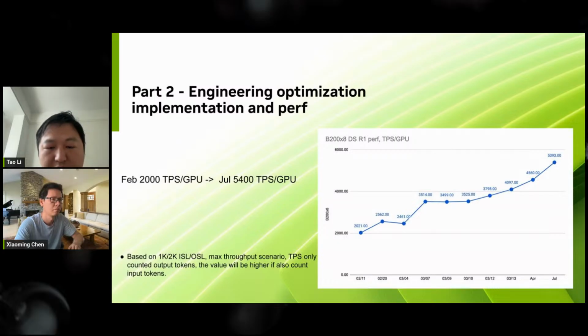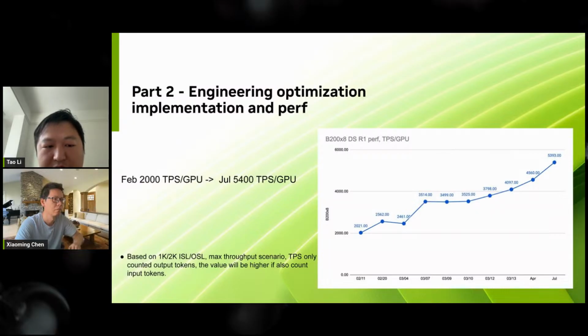Before we go into the details, I want to quickly show the progress of our optimization journey. In February, at the first release, maybe just one week after the DeepSeek model release, TensorRT could only run about